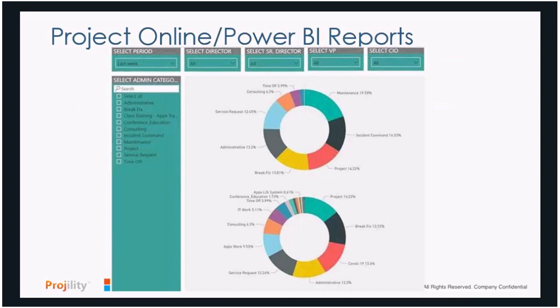And finally, one last one for you. This is actually a breakout. It's a Power BI report. You can see the different administrative categories. So whether we're working on maintenance work, incident requests, consulting, and break fix, we can visualize that across our portfolio